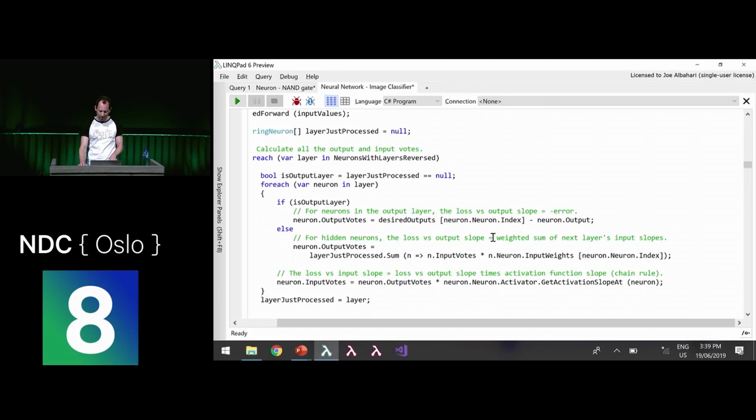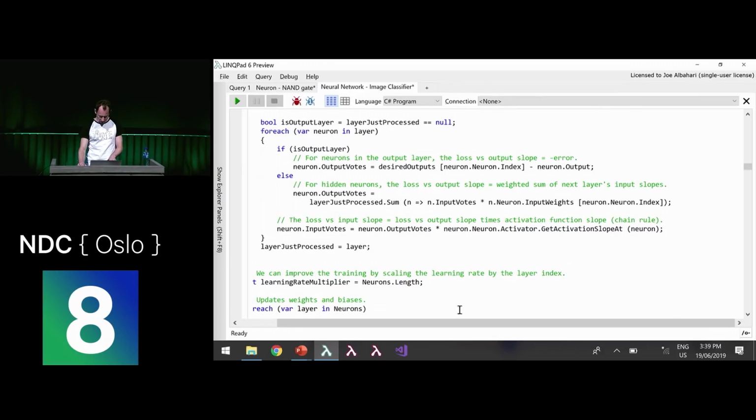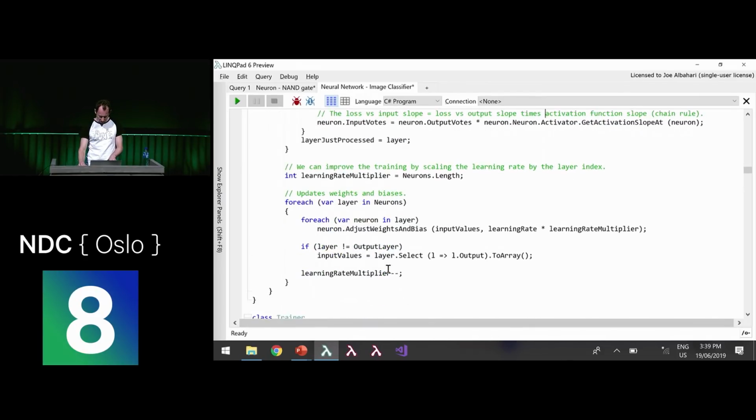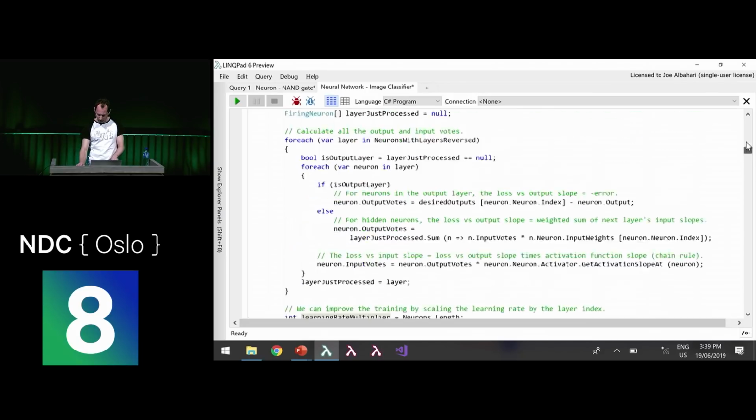We take the weighted sum of the next layer to the right's input slopes, or the input votes. And this is where we're doing it. We're using the sum of all of the next layer's input votes times the input weights. So that's pretty much it. That's the logic, there's a few more minor things. I made little adjustments to the learning rate for each layer. I found that improves the rate at which it learns.